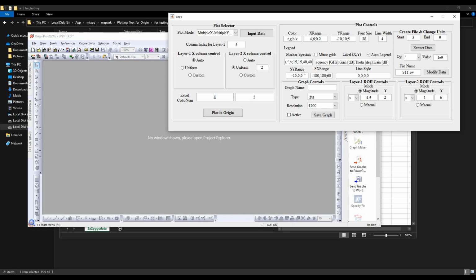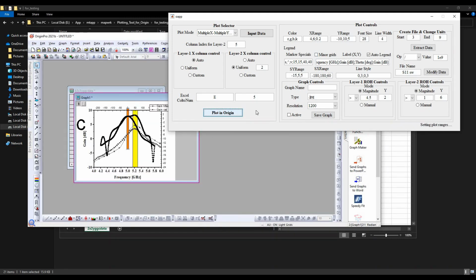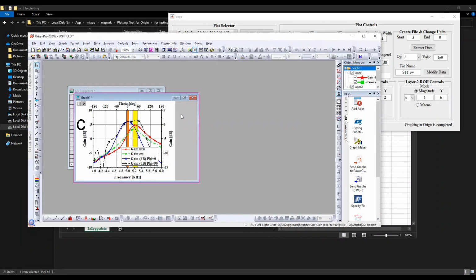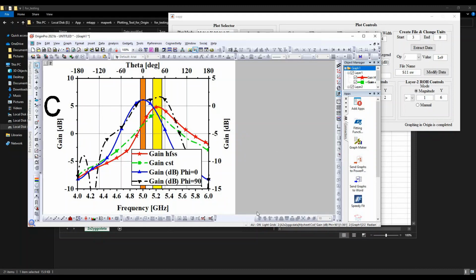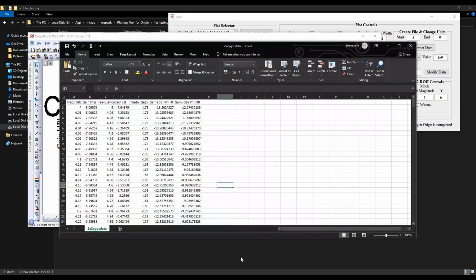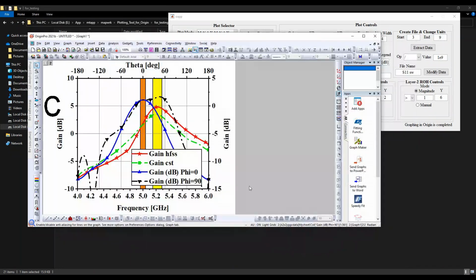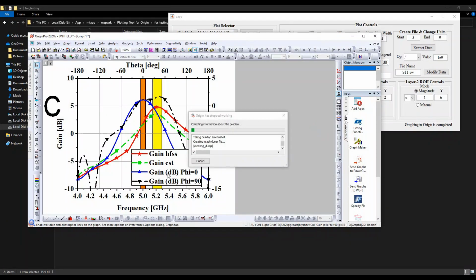gain dB. Since the gain is the ultimate component that is floating on the second y-axis too, I'll go with the 03, just to show the variation. Now click on this button. You can see the variation, how the data is varying. The legends are automatically fetched from whatever data is present in the column headers. So there is no issue.